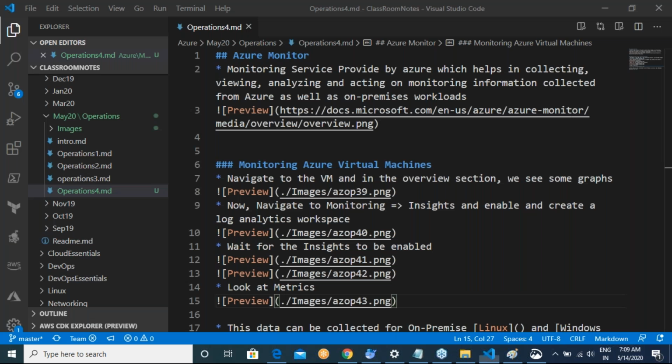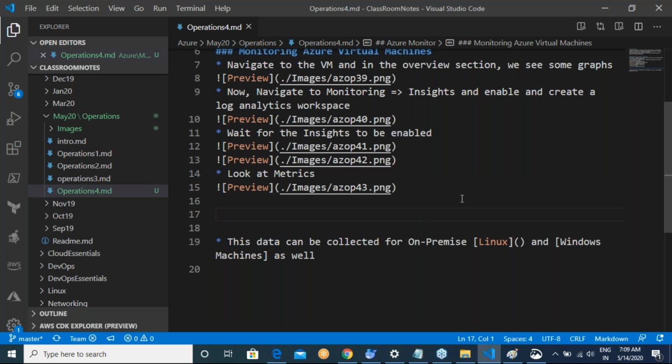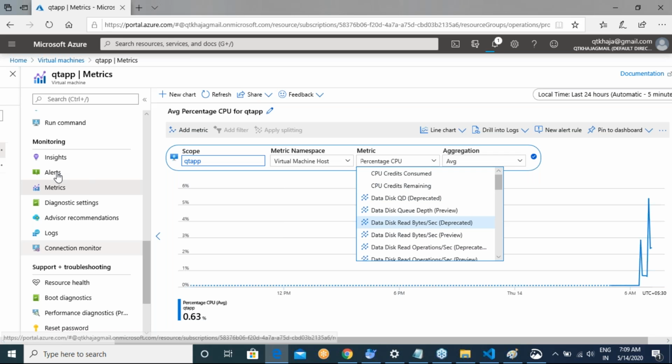For that, you would basically create an alert when percentage CPU is greater than 70 percentage for 5 minutes. Now what do you need to do?